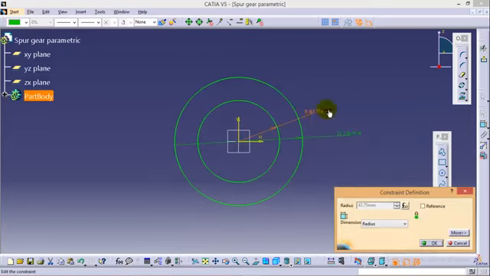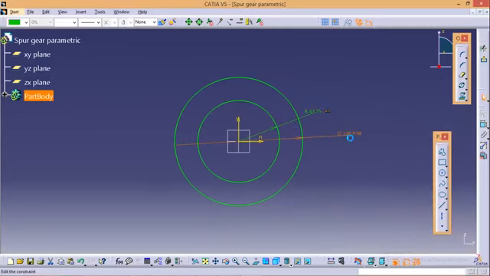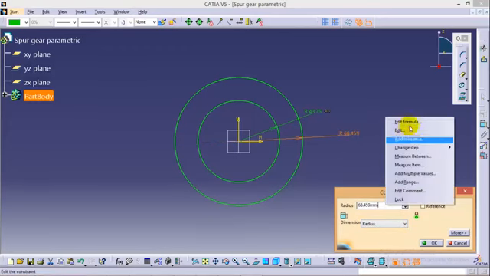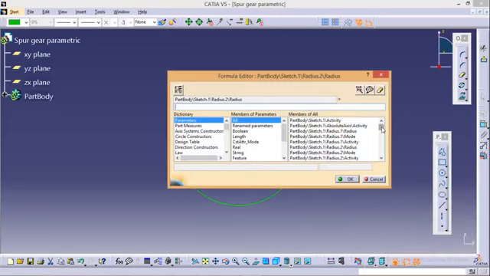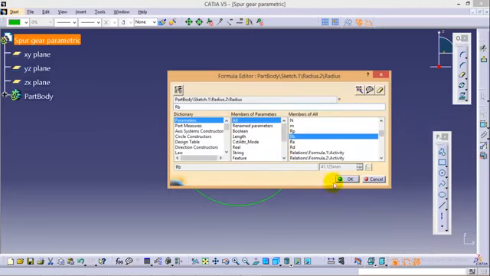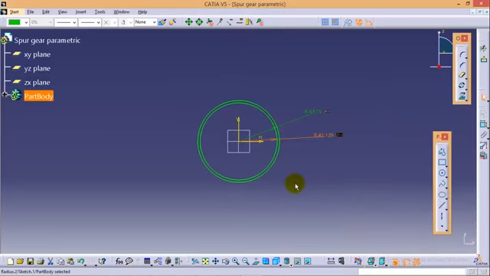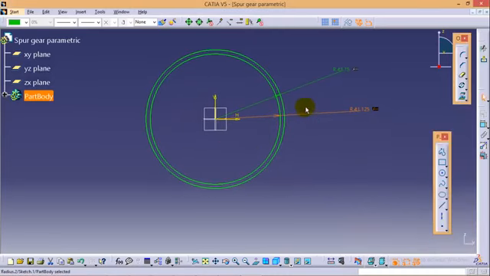The radius is automatically calculated and adjusted, as you can see here. Same thing with the base circle radius: give rb to this particular radius and the value is automatically calculated. So here we are with the base circle as well as the pitch circle.